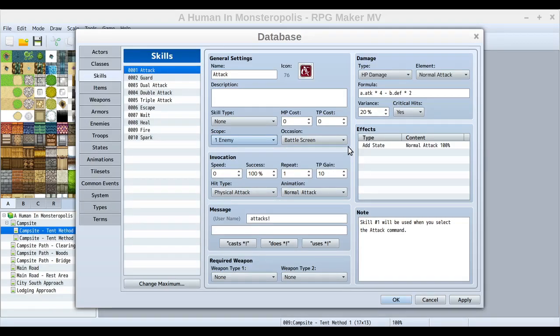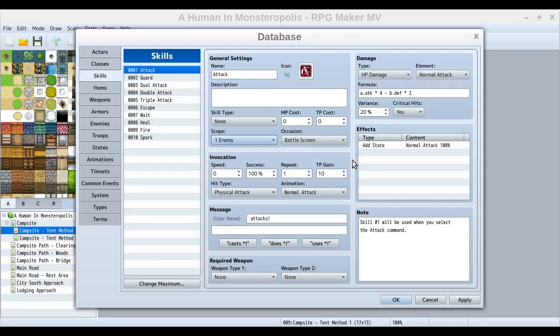So they can go through and they'll be able to gain and accrue more tech points to use for those other abilities. So maybe like triple attack, say it costs like, I don't know, 30 TP, so you'd have to do 3 basic attacks before you could use triple attack, or that sort of thing. And then you can set that sort of thing up with the whole TP system and stuff.